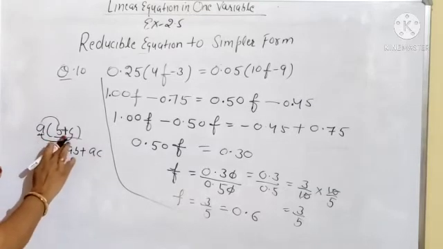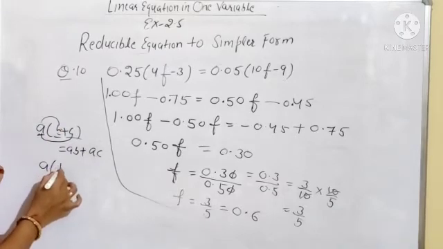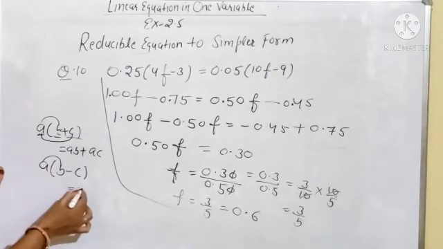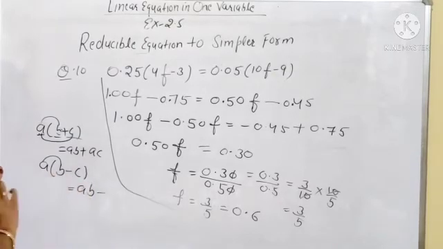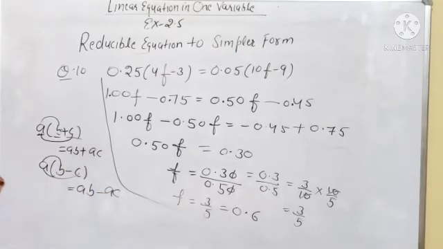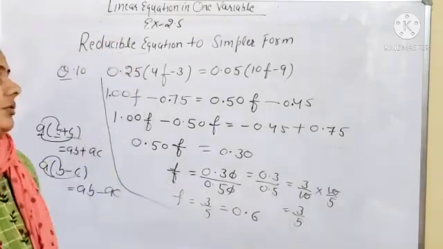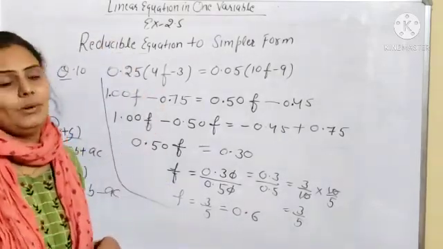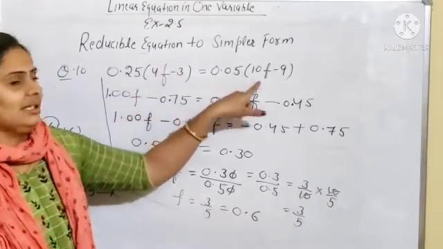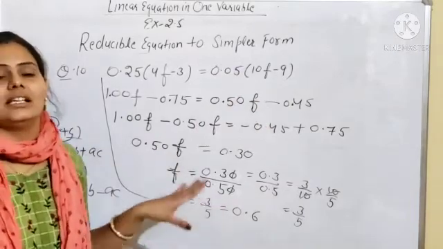Clear? At the place of addition, if it is given subtraction, so A into B minus C, when you open, so same, first you will multiply A by B, so it will be AB. After that subtraction sign as it is, you will multiply A by C, so it will be AC. Clear? So in some questions you will use the distributive property and you will open the bracket with the help of distributive property. So first you will multiply this by the first number and after that the second number, same here also. Is it clear?